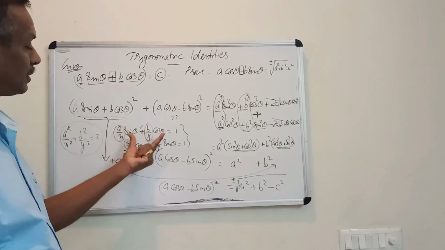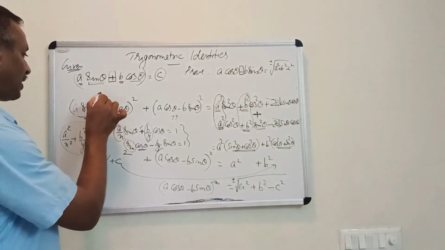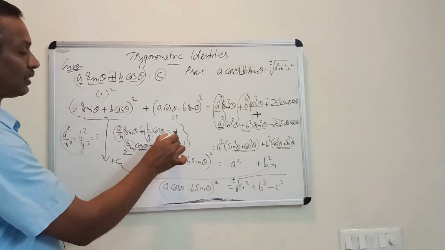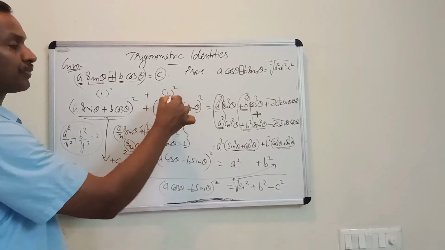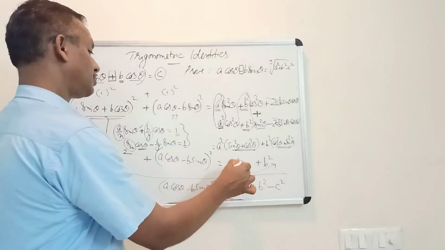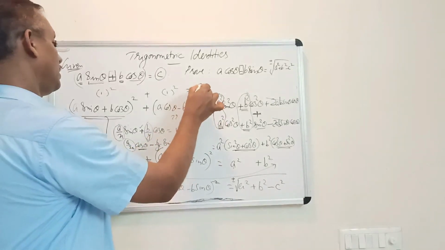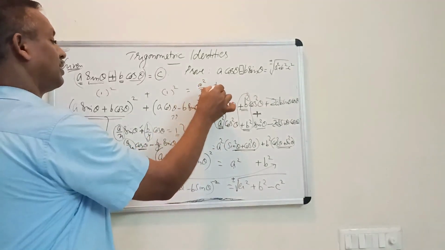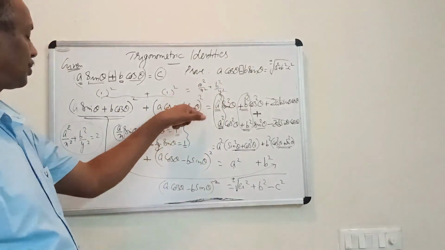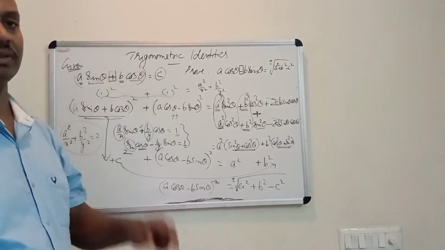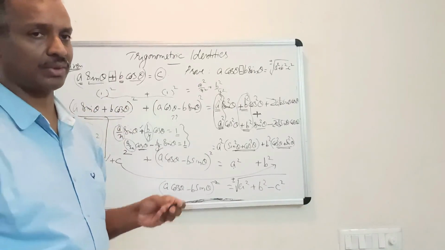square of this plus square of this is equal to, expand on the right side. On the LHS, both values are given. The first value is given as 1, so 1 square here. Plus the second value is also given, it is 1 square. And you expand on the right side, you will get a square plus b square. If you solve this, you will get a square by x square plus b square by y square. 1 plus 1 is 2. 2 is equal to a square by x square plus b square by y square. So this way you can do. There are many questions where coefficients exchange, you can do the same.